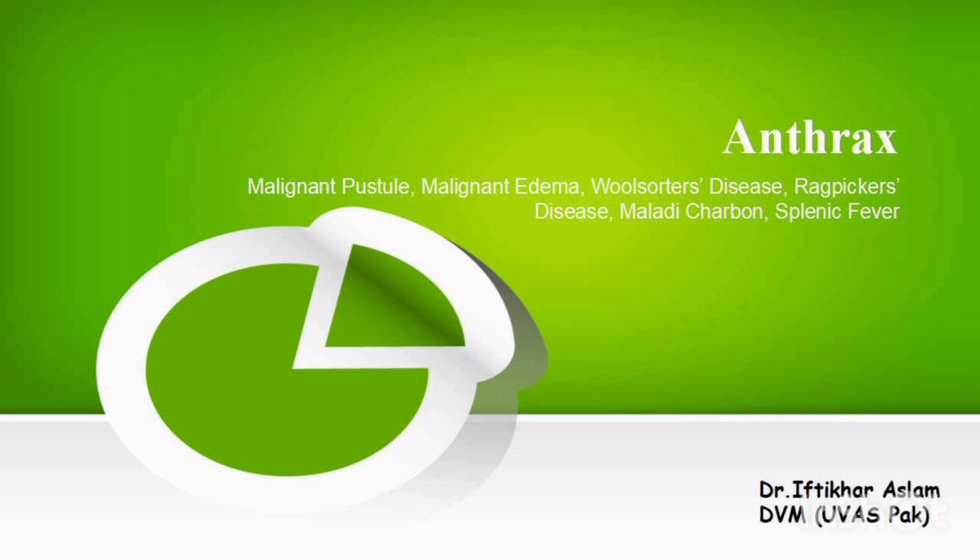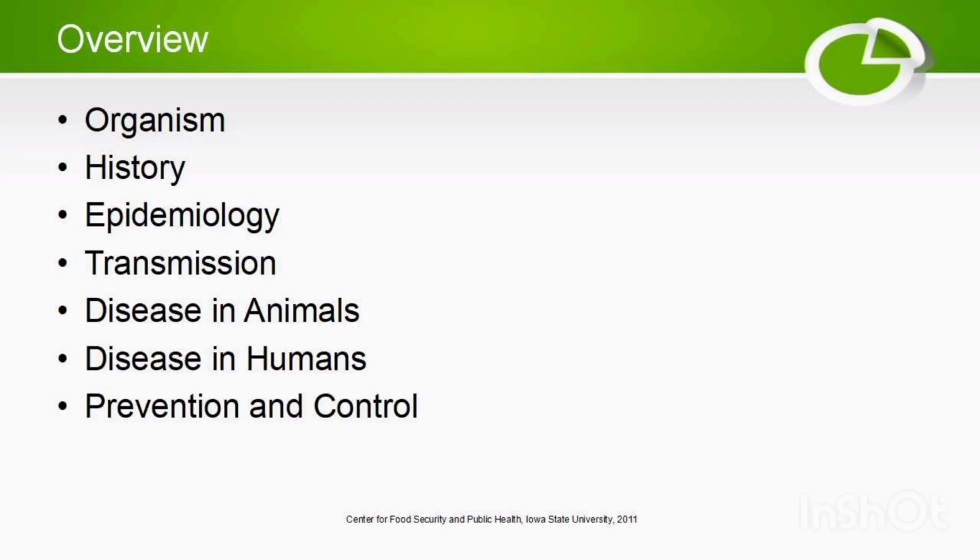recorded. The common names of anthrax include malignant pustule, malignant edema, wool sorters disease, rag pickers disease, maladie charbon, and splenic fever. In today's lecture, we'll cover the organism that causes anthrax and its history. We'll also talk about the epidemiology of the disease, how it is transmitted, the species it affects, and clinical and necropsy signs observed. Finally, we will address the prevention and control measures for anthrax, including actions to take if